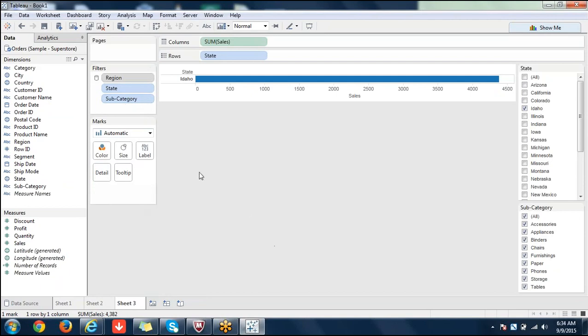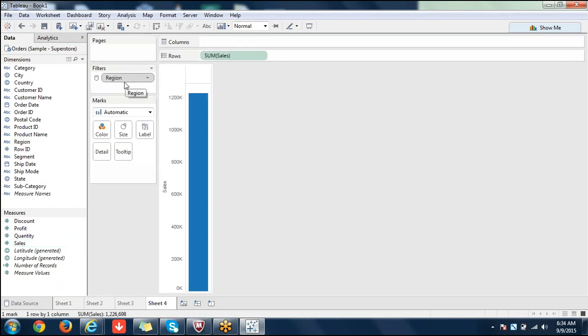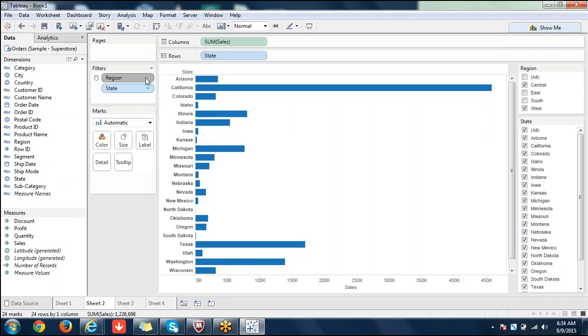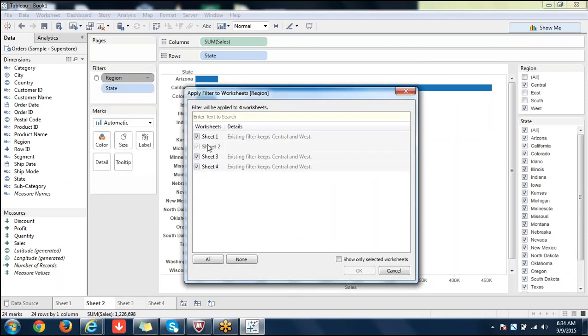Okay. So the region automatically came here. Even if I create a new worksheet, you'll see it there by default. If I use it, see that region came by default. So whenever you say apply to worksheets, you can select some worksheets also, that's not a problem, selected workbooks also. As of now we are working on 4 worksheets, so you can choose any of them. It is the same.